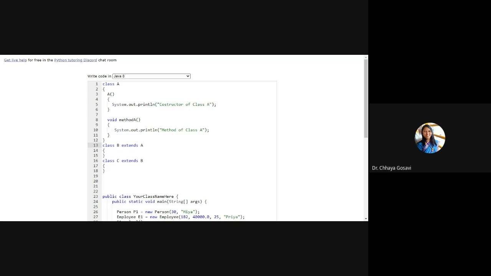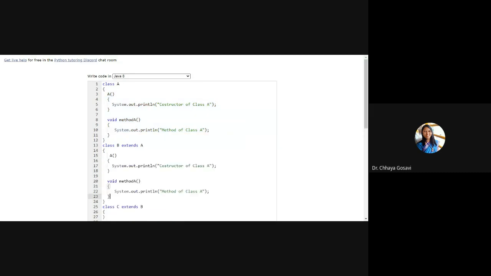Then we'll create a constructor and method for class B, and we'll create a method and constructor for class C.